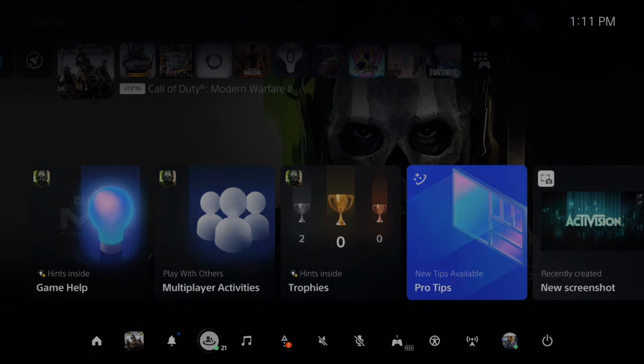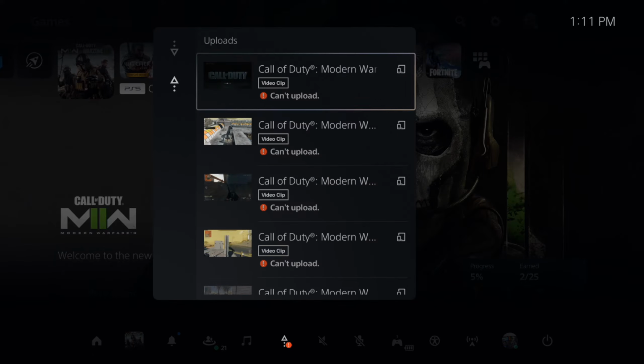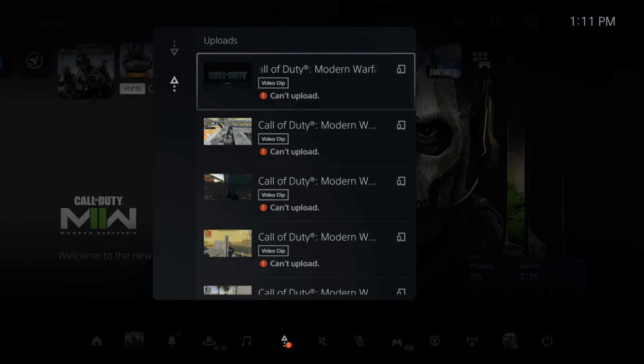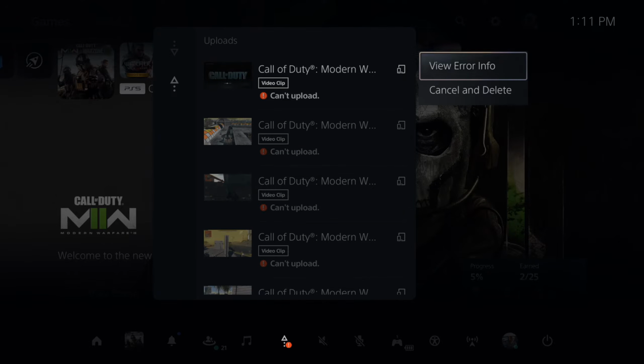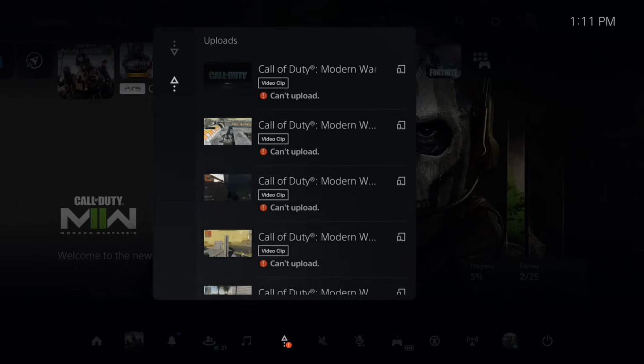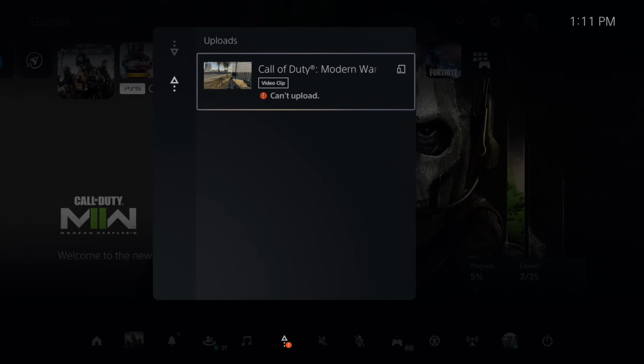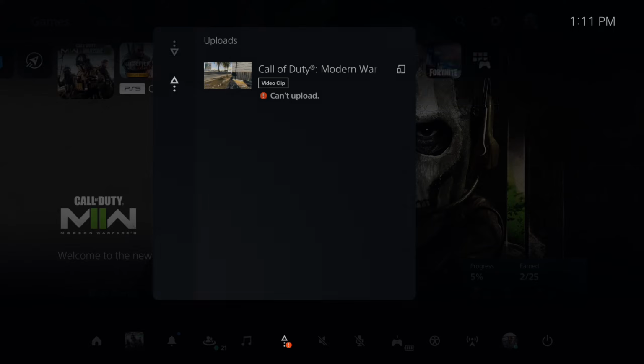Now to fix this, go on down to where it says download/uploads on the quick menu. Then use the D-pad and go to your uploads. And then delete everything under here, press X on it and go to cancel and delete. So let's cancel everything out of here and then try resending the video clip or screenshot or message and see